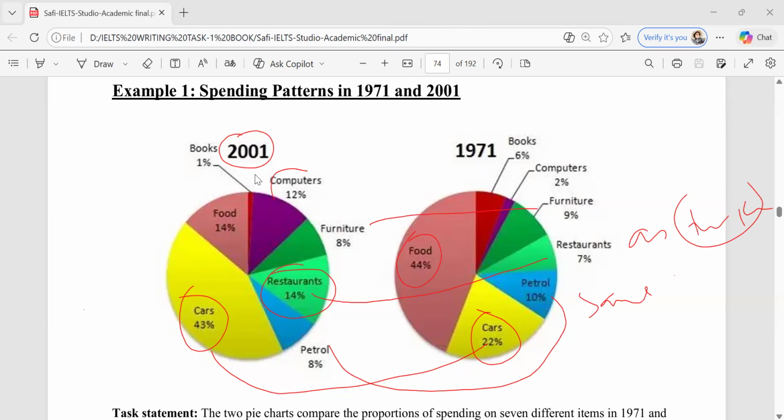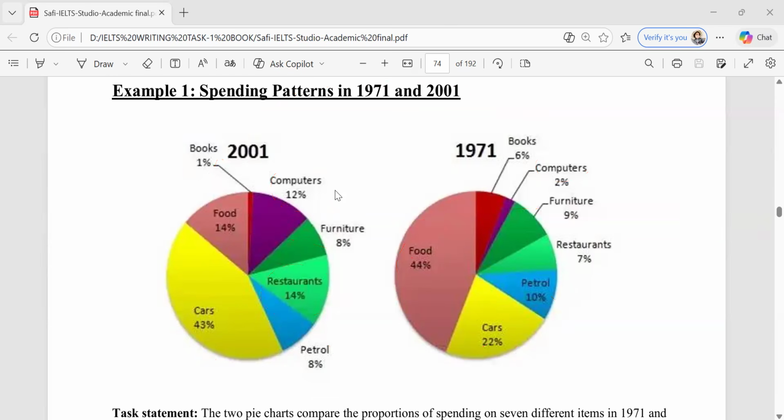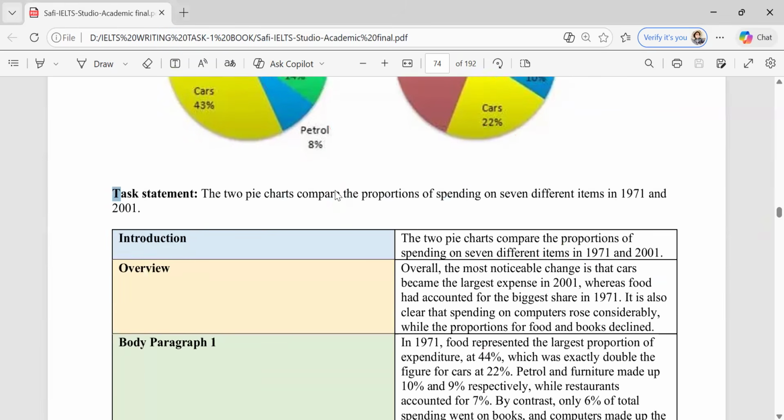Computers, clear, there's a big difference in computers before and after. And what about the books? Books have increased while computers increased. And we can see a very big difference, clear, in food and cars in both charts. Am I right? So first of all, you have to analyze both charts. दोनों charts को आपने analyze करना है. And after this, if you come,